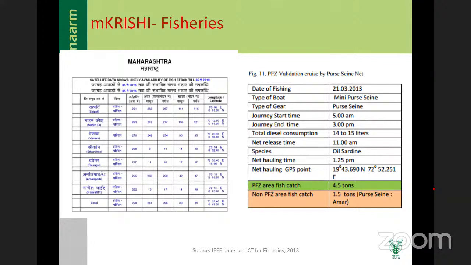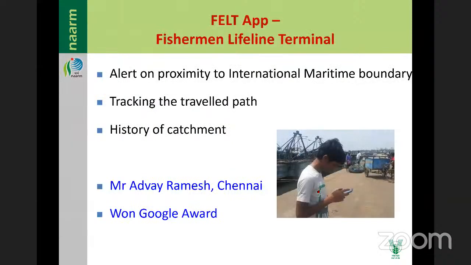Some cruise, first seen data on fishing. What are the things? Type of boat, gear, number of years, all the details, precise information they kept here. It is sourced from an IEEE paper on ICT in Fisheries, 2013. FELT, Fisherman Lifeline Terminal. It gives alerts on approaching international maritime boundaries. Suppose we are going to the border, so by tracking the traveled paths, we can track the history of the catchment area. Advocacy, Ramesh, Chennai, because they won a Google Award, because they first made that MSSRF,